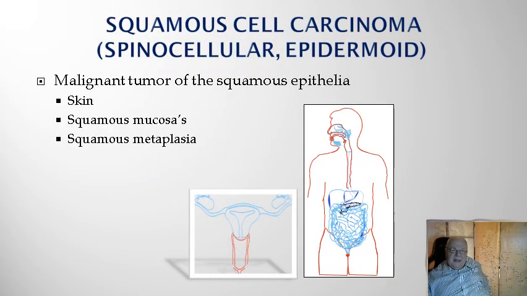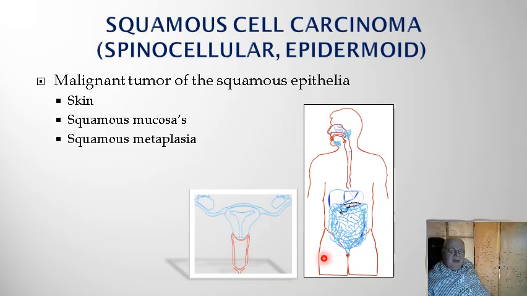Now we'll see another type of carcinoma, also with origin in squamous stratified epithelia, which is called squamous cell carcinoma. It has the possibility to appear on the skin, but also on the surface of squamous mucosas. And we have here in red the locations where we have such squamous mucosas and